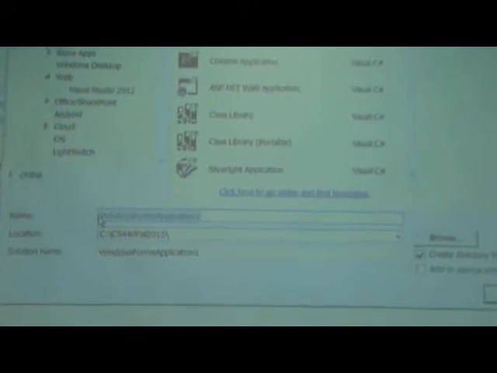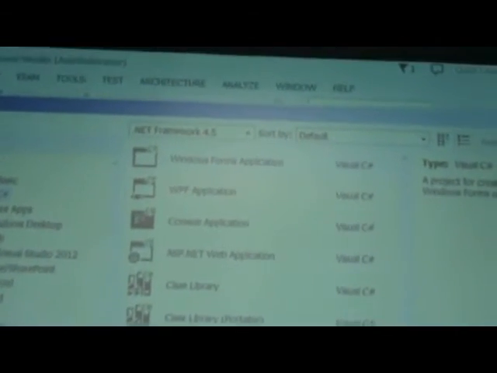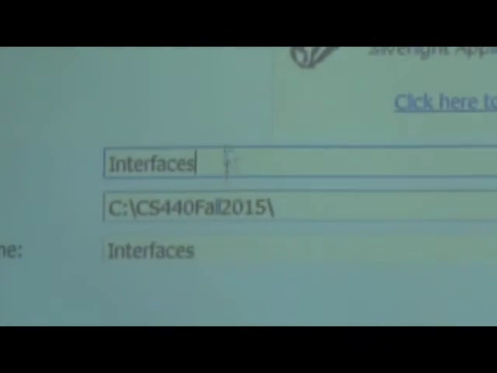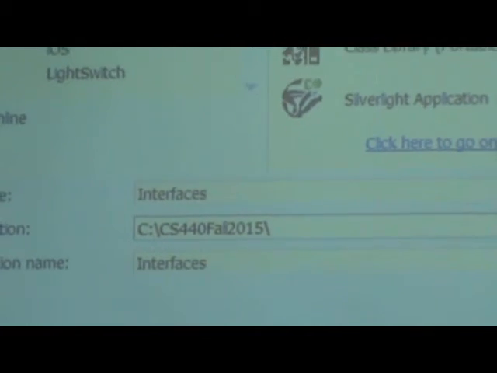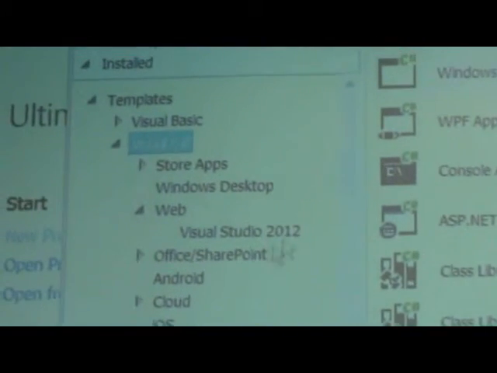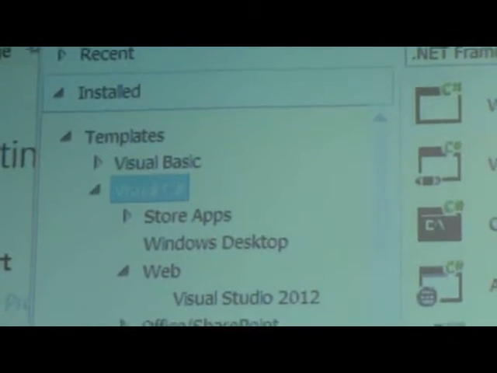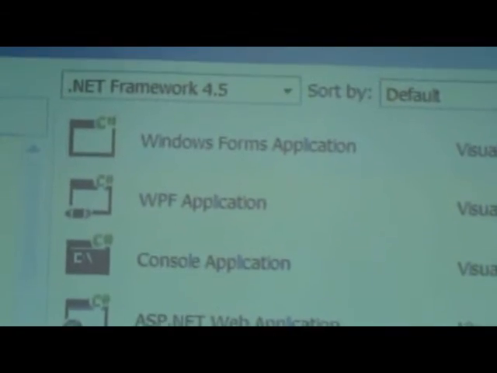Okay, so let me create a new project and let me call this interfaces. Okay, so the name of the project is interfaces, a Windows Forms application in C#, right? 2015 is the location. So once I click OK,